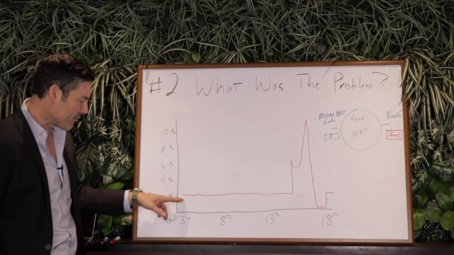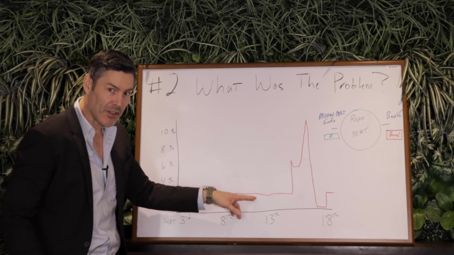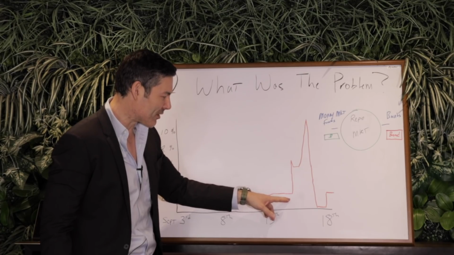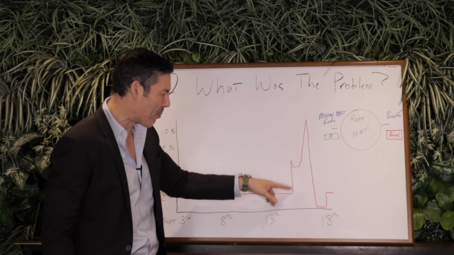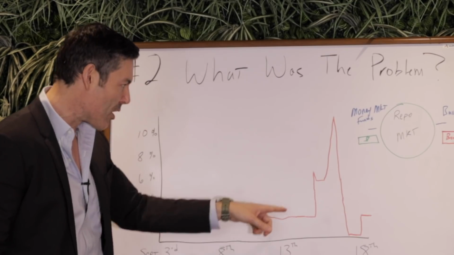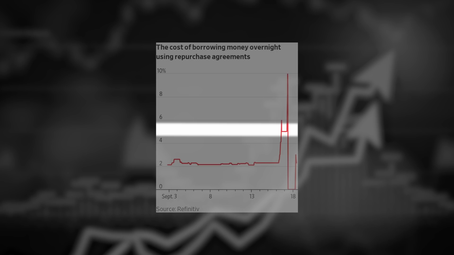Starts off along, nothing's happening here, nothing to see. Don't worry about this, just business as usual. And then all of a sudden we get to about the 15th to the 16th and it just spikes, boom, straight up. And this is incredibly unusual. We go up to 6%, it goes back down a little bit, and then it spikes all the way up